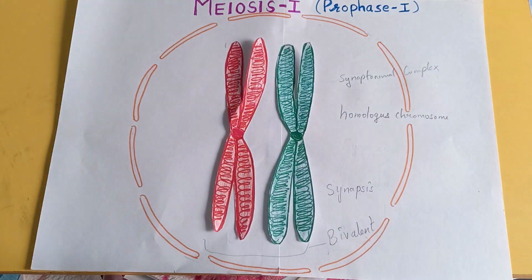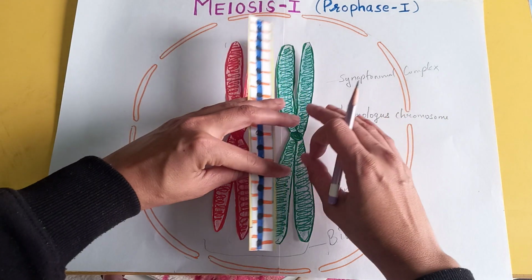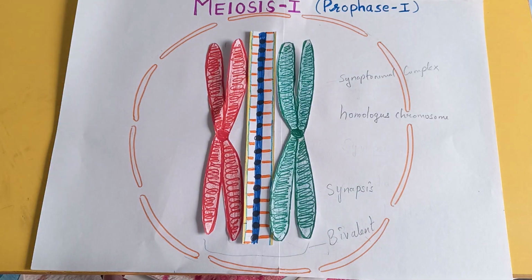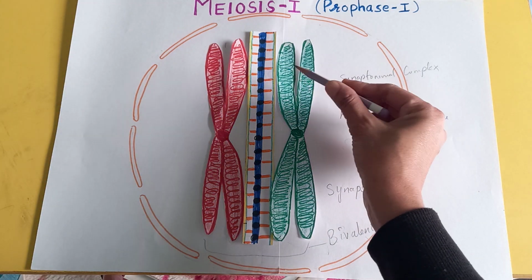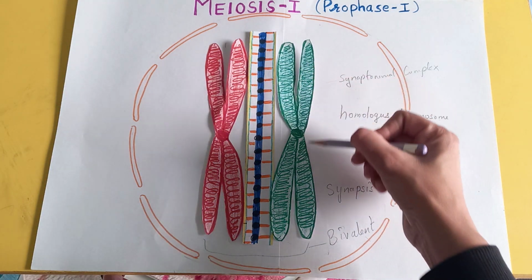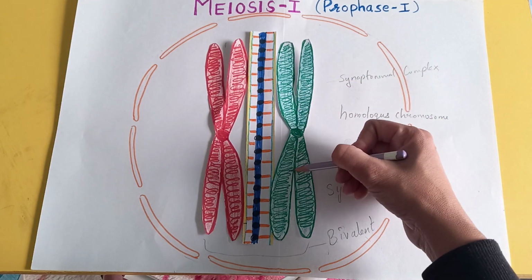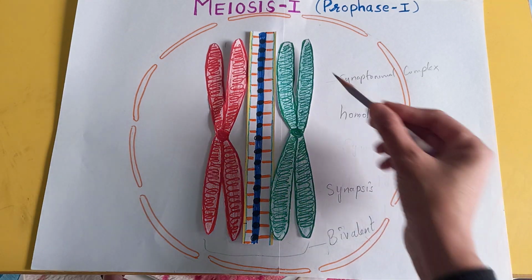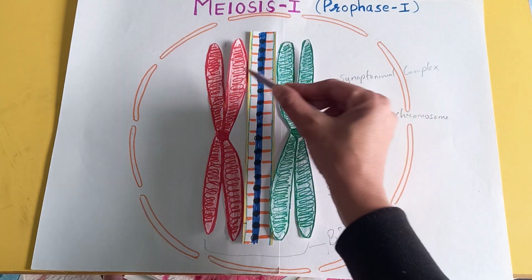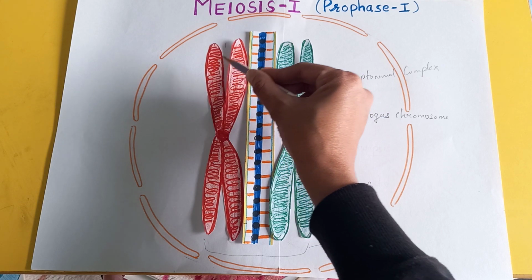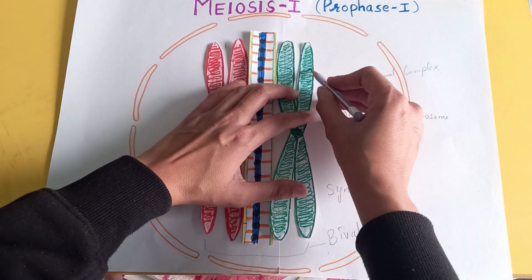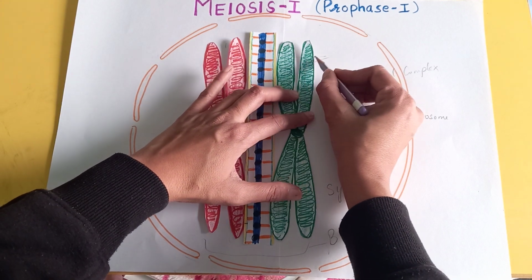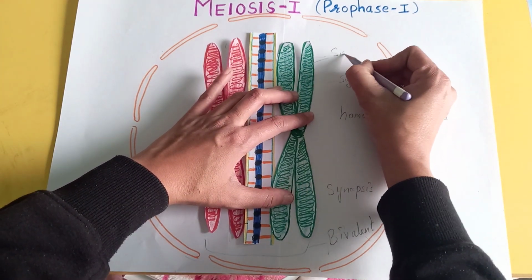This is again a bivalent which is connected with the synaptonemal complex. Fine. Now this chromosome is having two chromatids, one and two. This is also having two chromatids, one and two. One is the original, one is the replicated. One is the original, one is the replicated. These two chromatids of the same chromosome, this one and this one, they are termed as sister